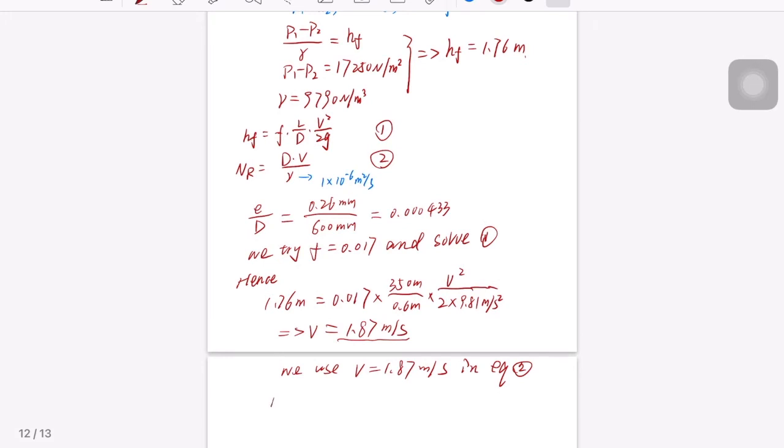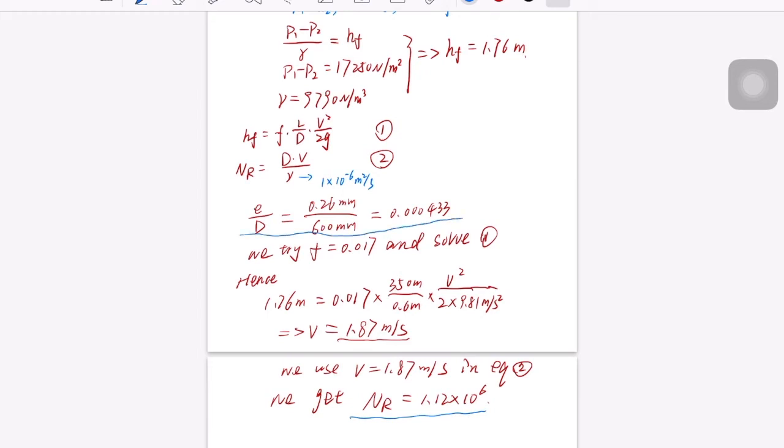We got a Reynolds number equals 1.12 times 10 to the power of 6. And then this Reynolds number and this